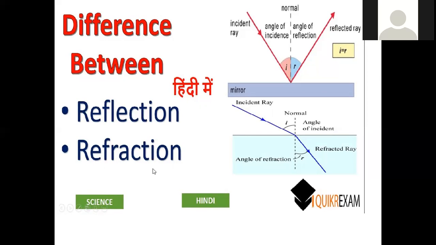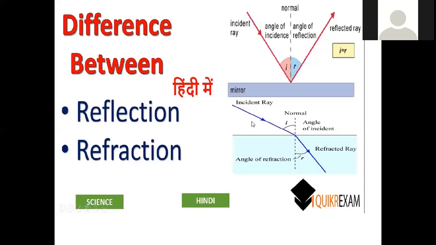Now we are going to discuss what is meant by refraction. This is a light ray which is coming from the source. We are moving in the air, for example. The angle at which it arrives is said to be the angle of incident light, denoted with I. Now, that light ray is allowed to move into water, for example.